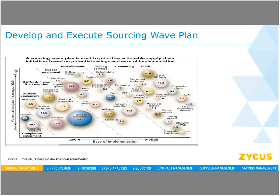Now, once you've got those insights, it's about developing and executing a sourcing wave plan, because you can't tackle all those categories all at once. And here's an example from consulting firm Protiviti, with a lot of expertise in the oil and gas space, that looks at how you, in a two-by-two matrix fashion, assess the ease of implementation on one axis, and on the other, the savings potential from low to high. So obviously, the upper right-hand portion of this matrix would be the first wave priority,